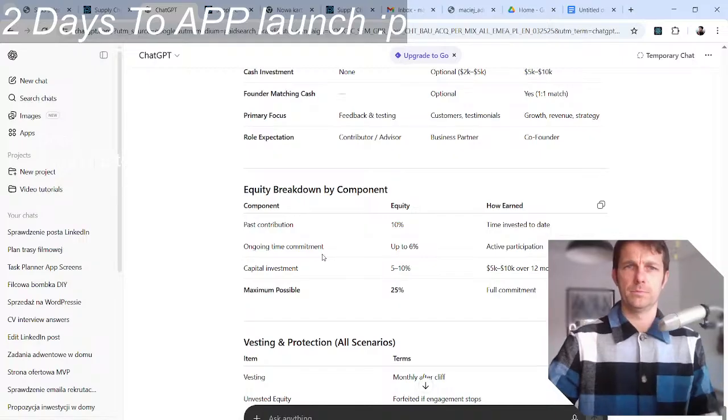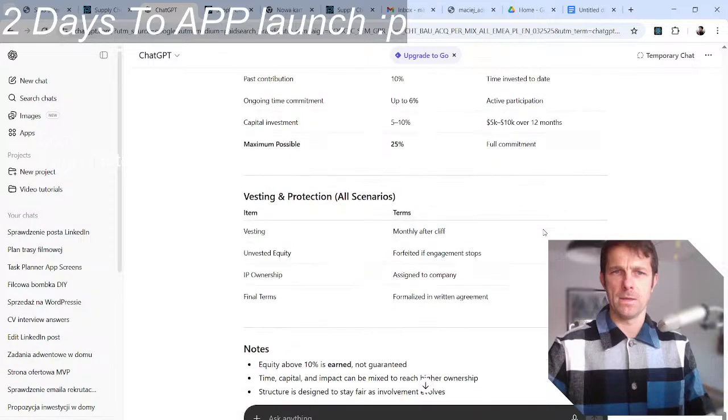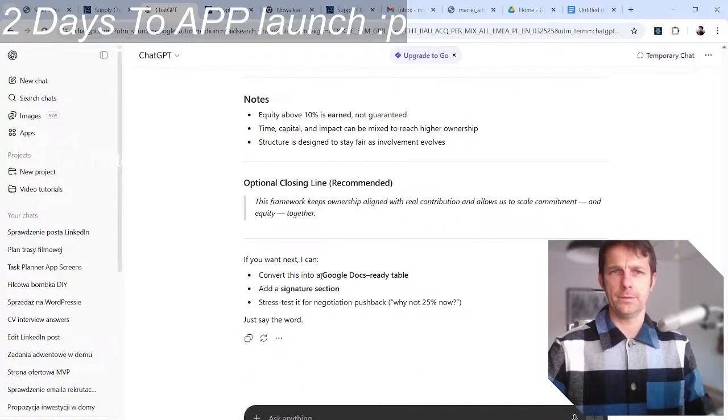Maximum possible. Vesting and protection. Vesting. Yeah, let's Google Doc ready table. Signatures. Stress test. Okay.